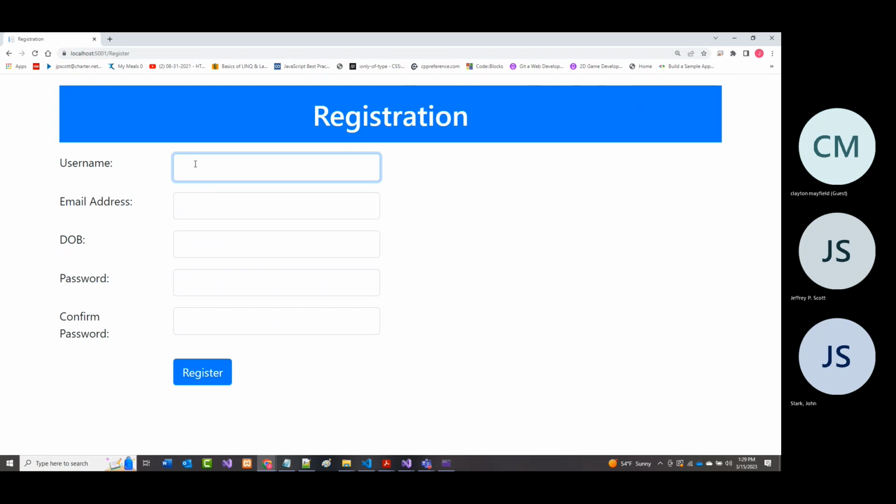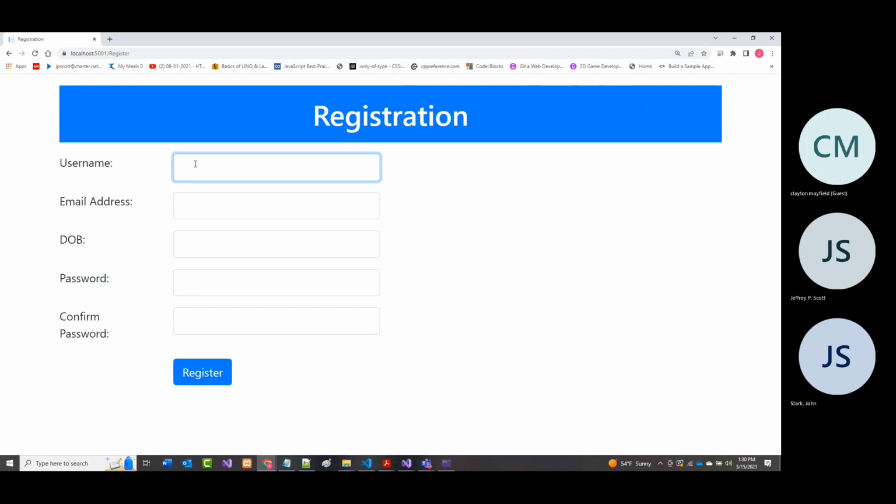Plus, and we're not getting into that much detail in this class, but you'd also want to make sure that if this username is going into a database, that the username doesn't already exist. All right. Now, some places too, when you register, they will only allow you to register under one email address. So in other words, I can't have two usernames with the same email address.